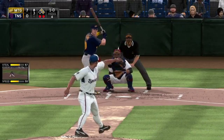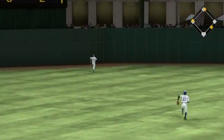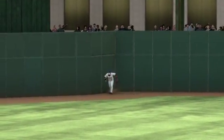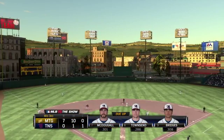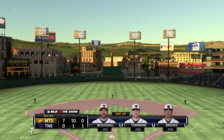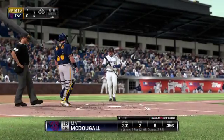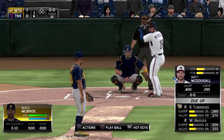The 1-0. Driven the other way out to deep left field. And he will get there to make the running play, and that will end the inning. But 6 runs here in the inning have taken a close game and broken it wide open. We'll move on to the bottom of inning number 3. The Biscuits lead it 7-0. Matt McDougall will lead things off here with his guys down 7 in the early going. Steve Lyons, how